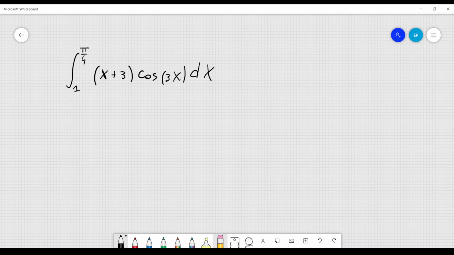Let's calculate this definite integral. We have two integrals to carry out. The first one is x times the cosine of 3x, and this integral can be carried out